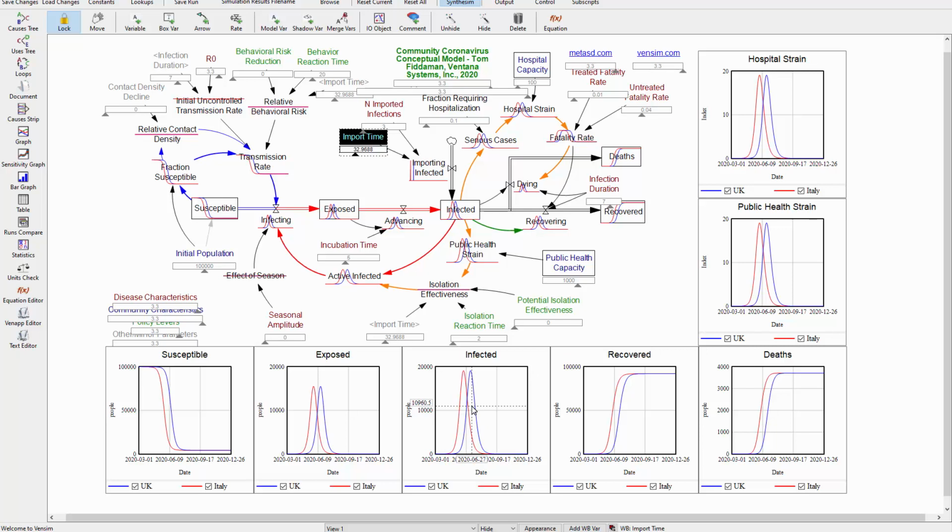So this is actually not very surprising. Essentially, by delaying the import of infected, we've introduced a lag in the epidemic, but that hasn't changed the qualitative behavior one bit. We still get a peak at around 20% of the population infected,